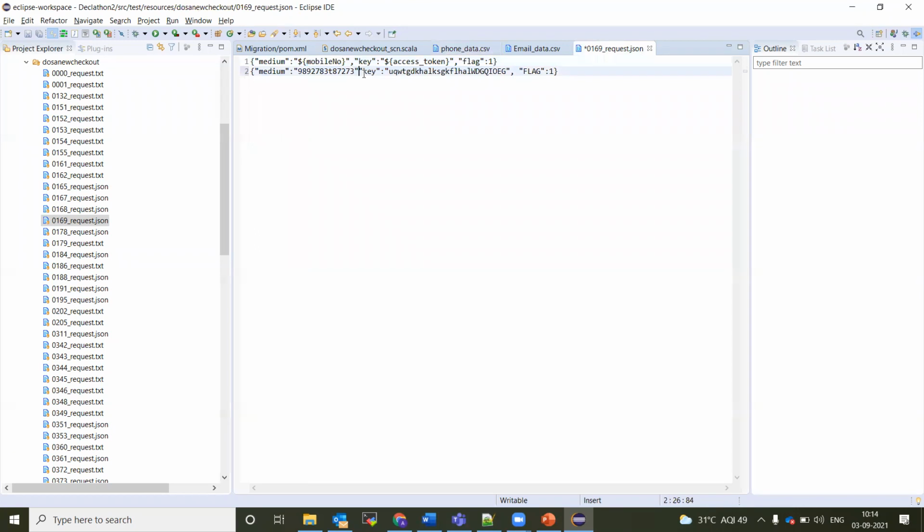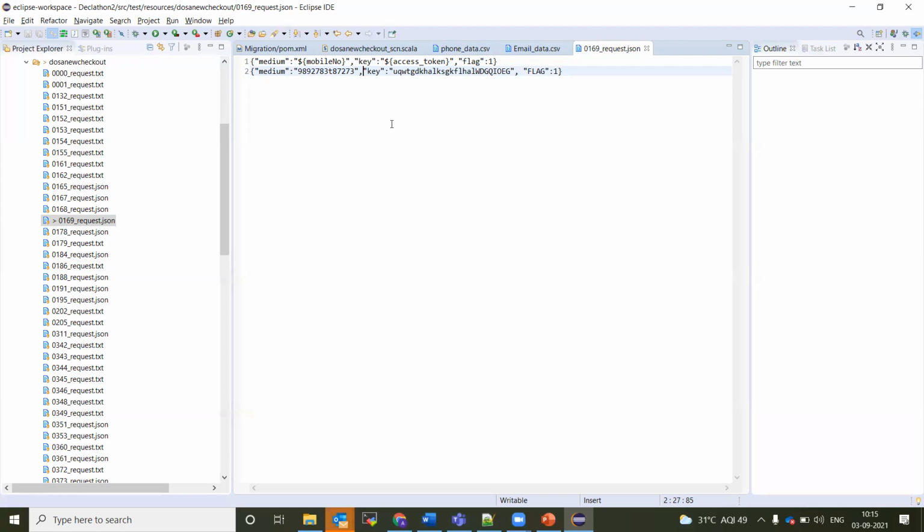So now what will happen is, when you record, usually we have the Gatling recorder, right? When you have done this with the Gatling recorder, all these request.json files will be generated. When it is generated, as Arun showed, line number 2 becomes hard-coded data. But now, as it's recorded, we get the hard-coded data, and I need to make that from static to dynamic, meaning I need to pass different sets of data.